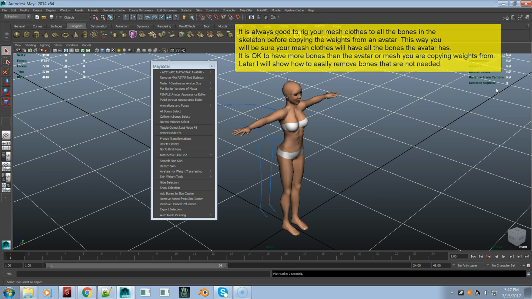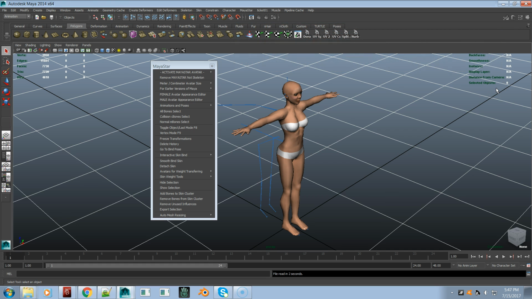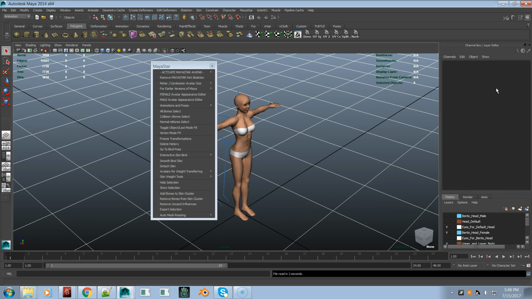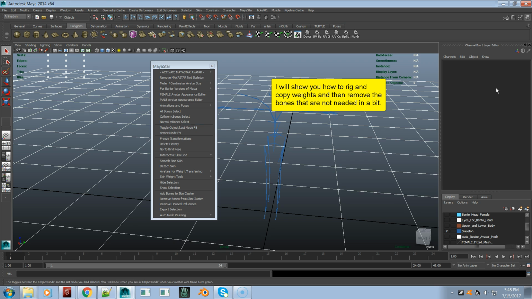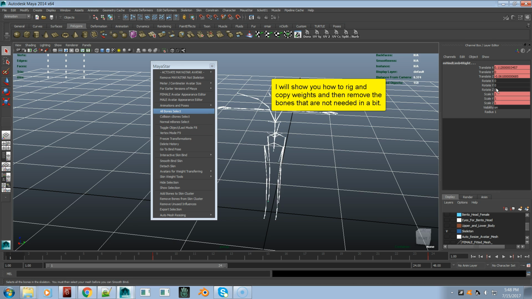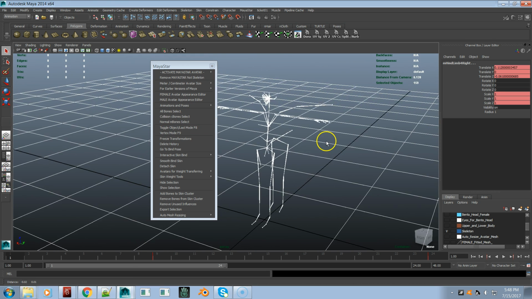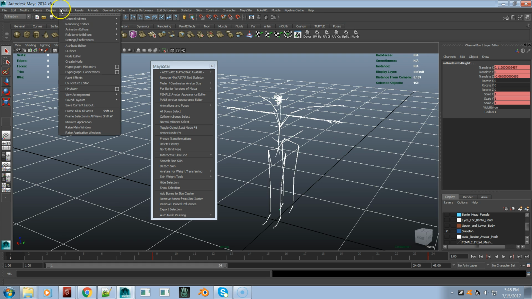And then I show in the other videos how to quickly get rid of the bones that you don't need in your mesh clothing. So let me give you a quick little demonstration. I'm going to hide this. Okay, when you click all bones select, it selects all the bones in the skeleton. I open up the outliner,